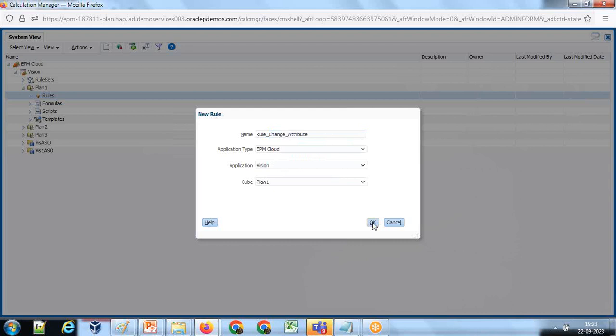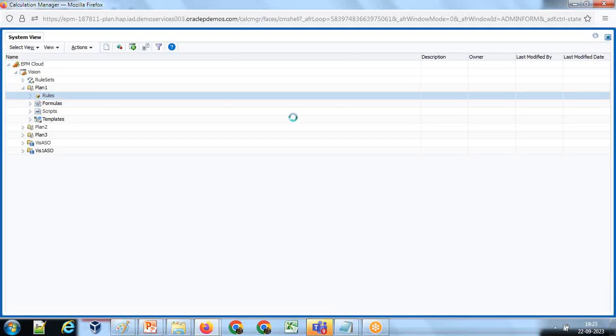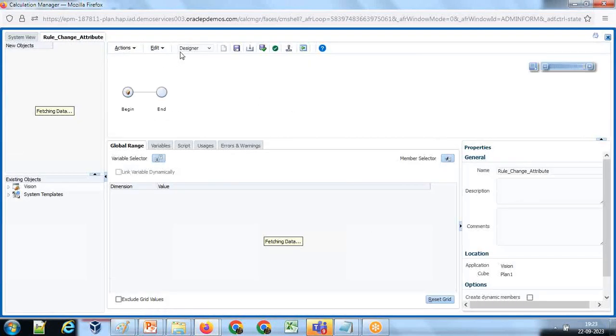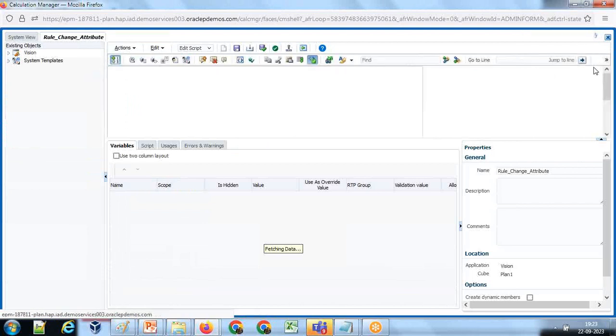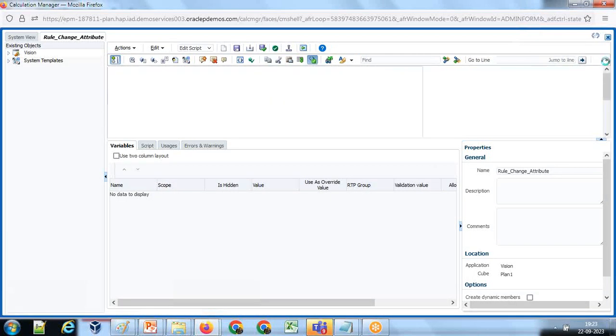Since it is a Groovy script and therefore I change the type of this, I'll toggle from designer view to edit script view, from calculation script to Groovy script. Alright, let's get started. So as always, I create an object for